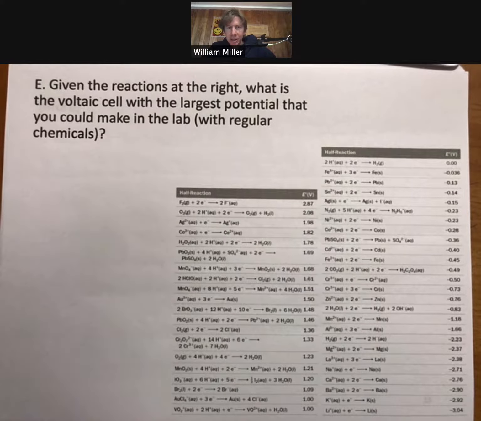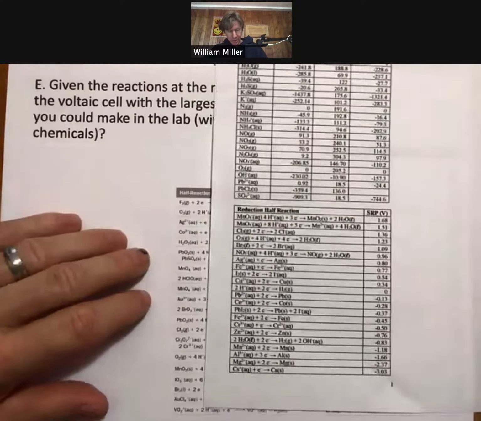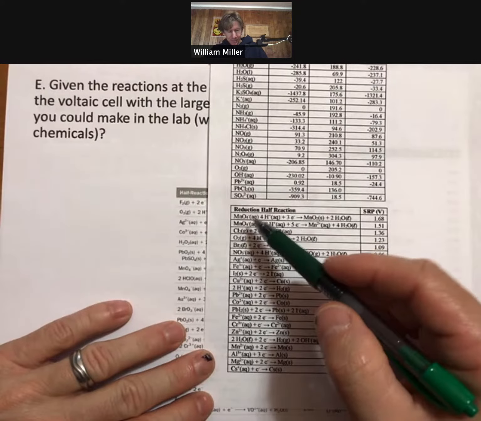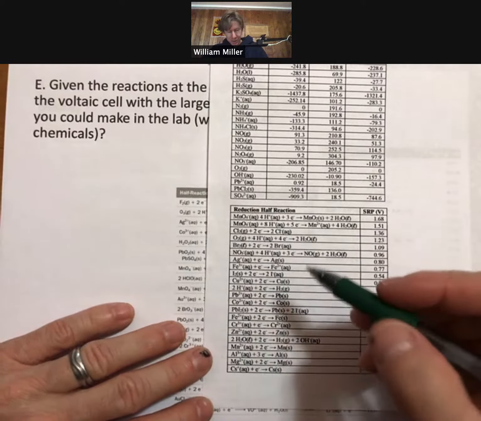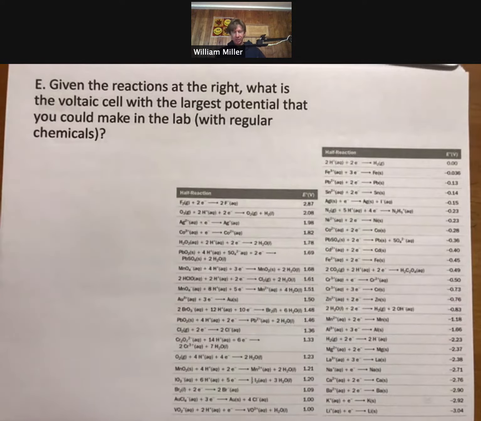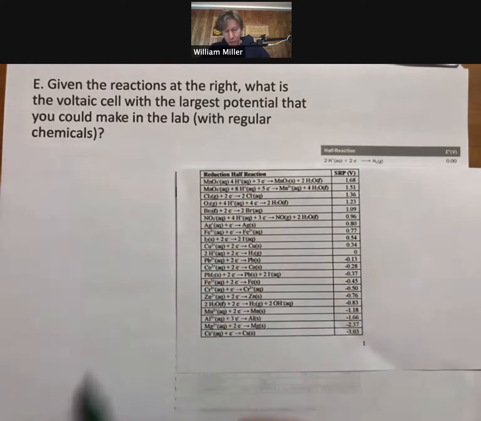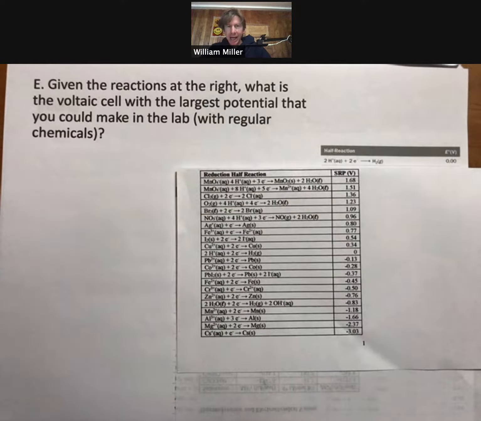Now let's go ahead and take a list of possible materials, and we're going to use a slightly different list here. I do want to restrict us to the list that you're going to be using for the exam. So we're going to actually use this list, but we're going to answer the same question. It says, given the reactions at the right, and we'll start here. What is the voltaic cell with the largest potential that you could make in the lab with regular chemicals? And what we're going to do is, we're going to start at the top here, and